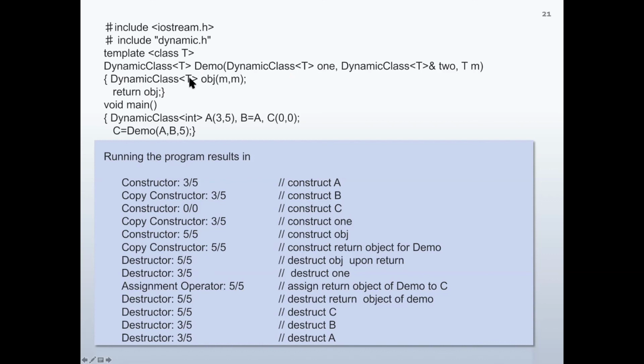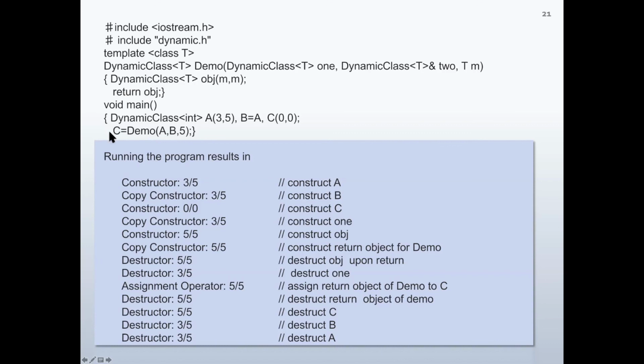Furthermore, there is a declaration within the function. They are removed from memory in the reverse order. So first there is a call to the destructor for obj. The destructor is called for obj, which has values 5 and 5 in the member parts, and this is destructed upon return. And also the parameter 1 given here is destructed upon return, which has numbers 3 and 5. The return object comes here